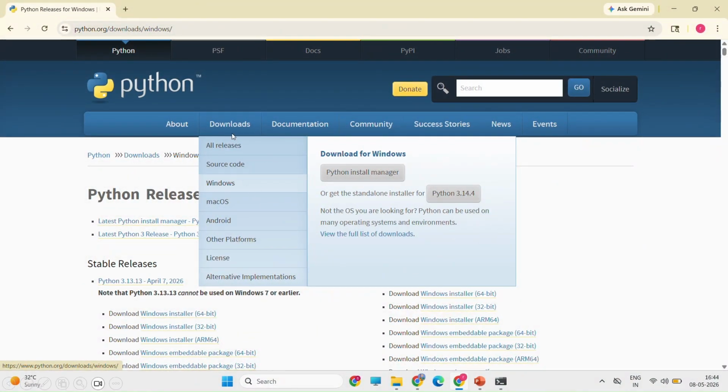So here you will go to Windows. Since my machine operating system was Windows, I've gone to Windows. Whichever is applicable for you, you have to download that. Now I will download Python 3.14.4, which is the latest version, from this website.